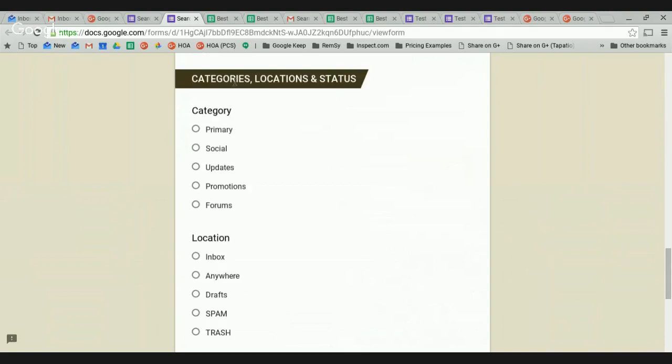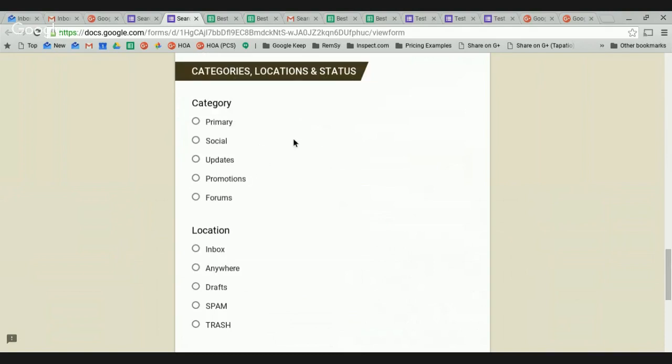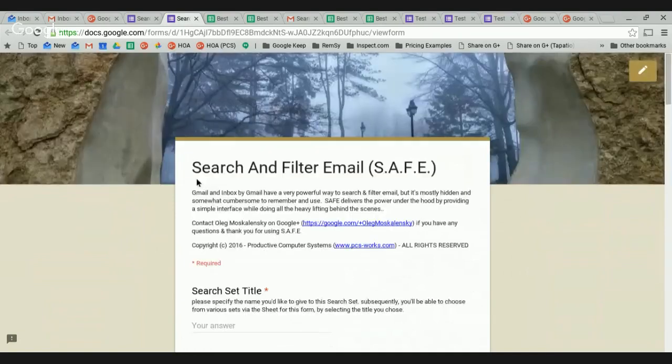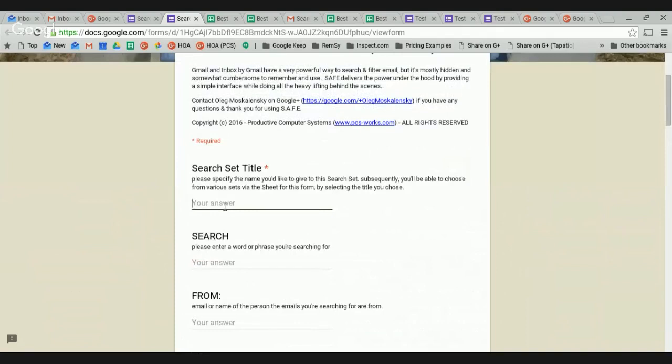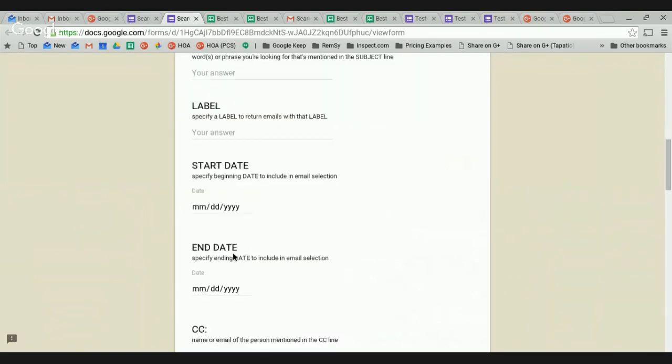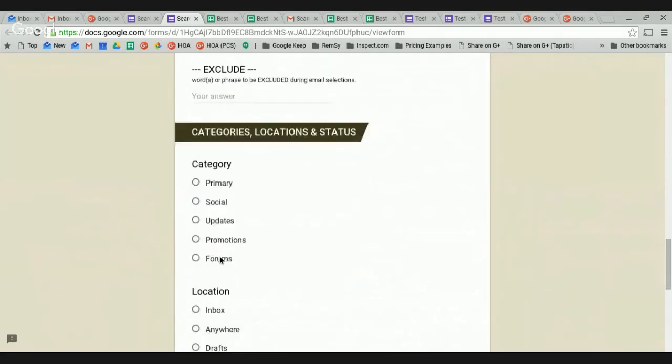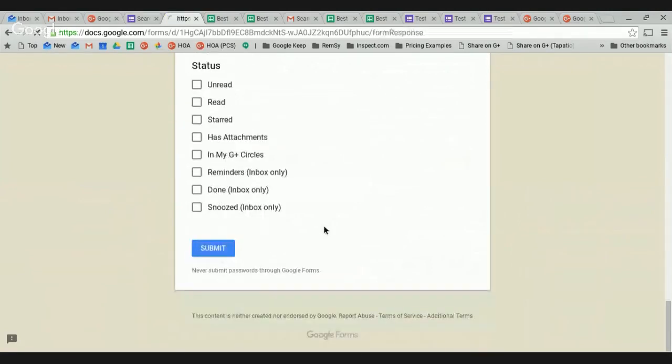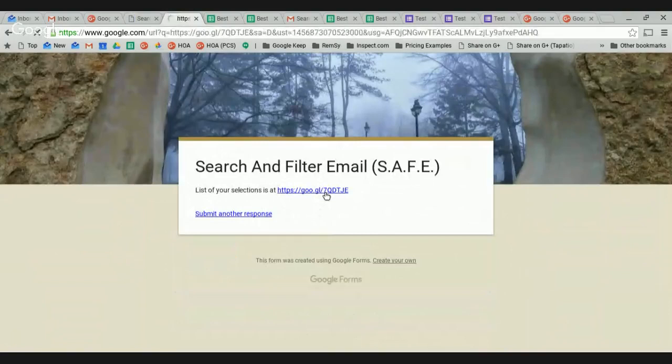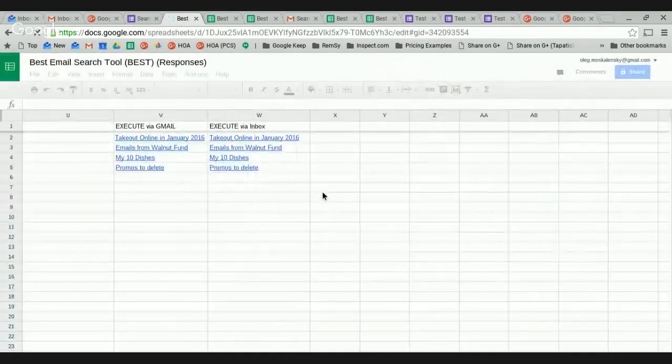In terms of the categories, location, status, as I call them, you can indicate, for example, if you're looking for something in promotions and you want to delete a bunch of emails. So let's say we're going to say, promos to delete. And you basically are not looking for anything specific. You're just saying, show me whatever you have in promotions. Okay? You click submit, and what you get is